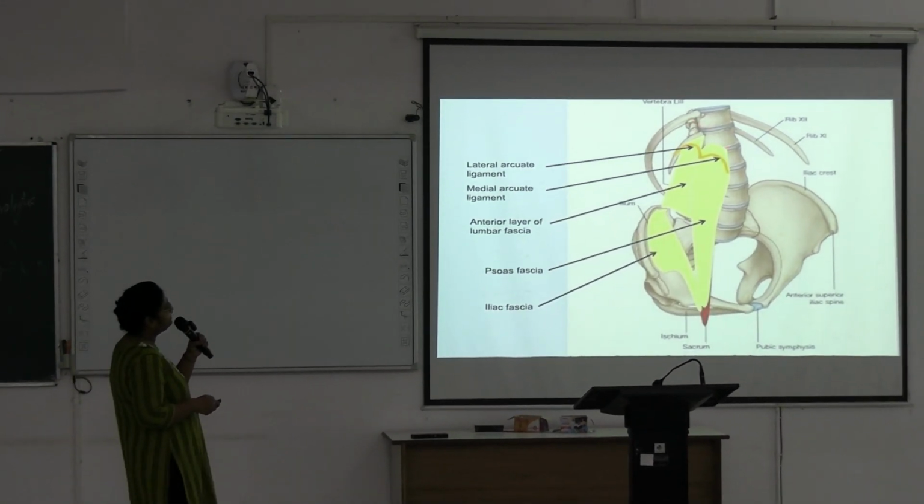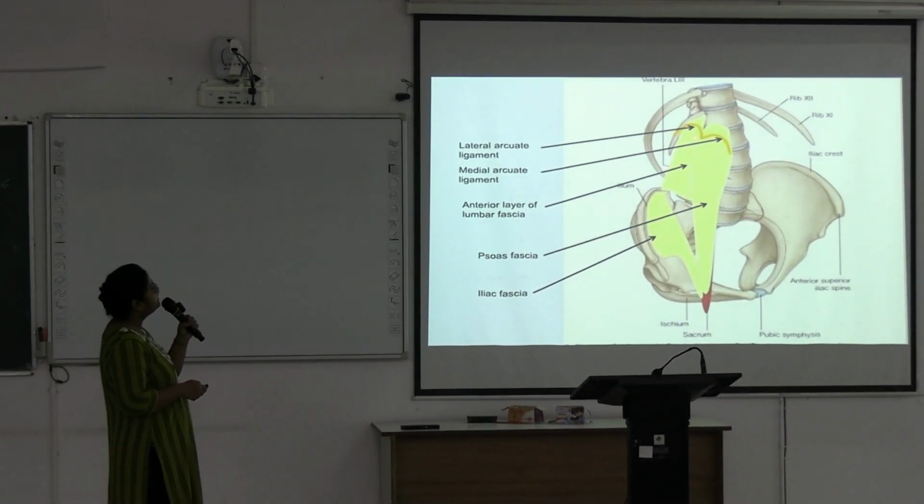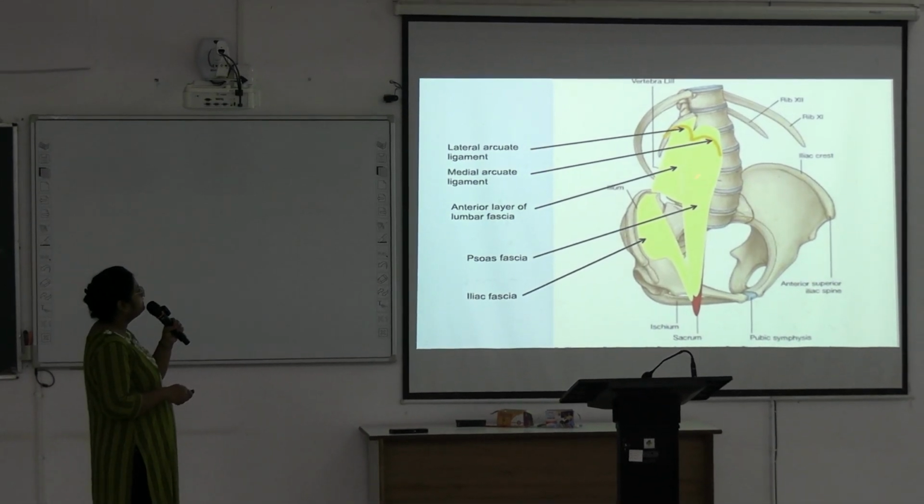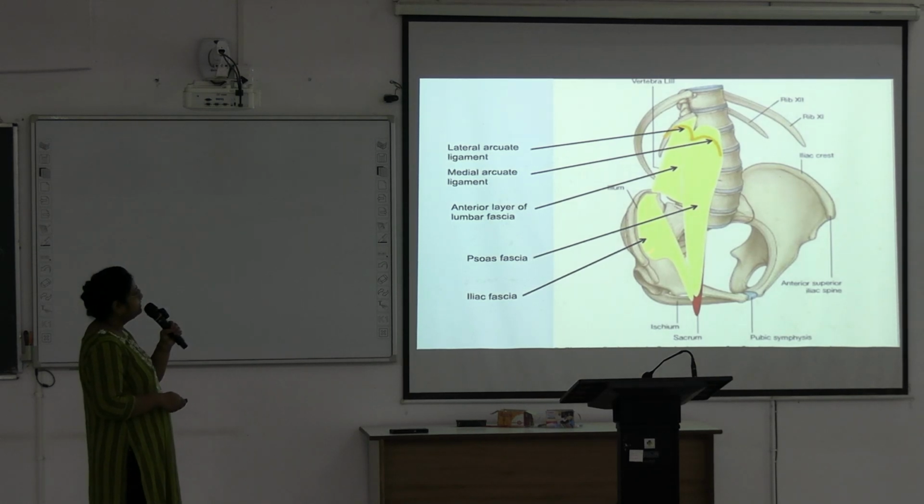So this is the origin of the diaphragm, the lateral arcuate ligament and medial arcuate ligament. And this is the lumbar fossa that has been shown here, anterior layer of the lumbar fossa covering in front of quadratus lumborum. Here is the psoas fossa covering the psoas major muscle, and this is fossa iliaca covering the iliacus muscle. Okay, and this psoas fossa